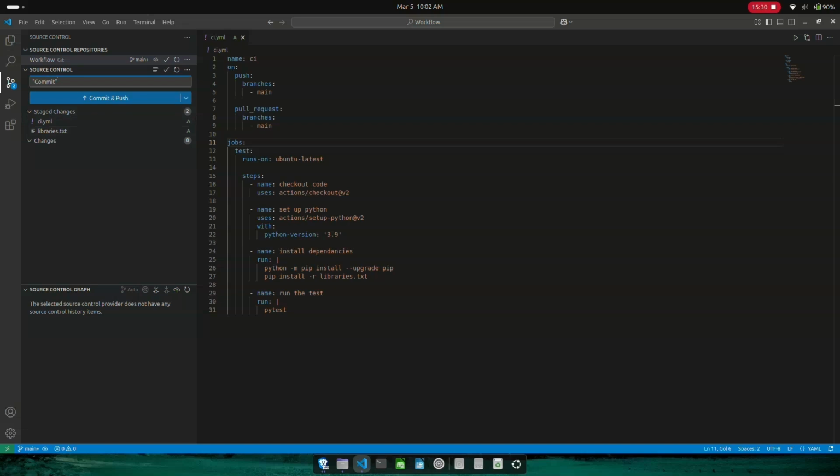So this is basically a commit message. You could have written some elaborate message, like if the code was more complicated, you could have written something like we have fixed a bug, or we have fixed the code or something like that. But in this case, I'm simply writing commit. So we'll click on commit and push.